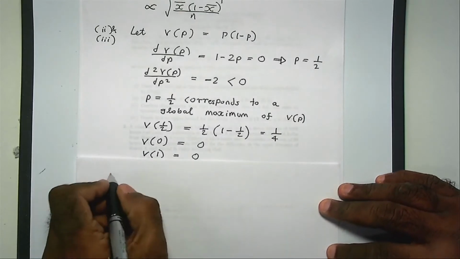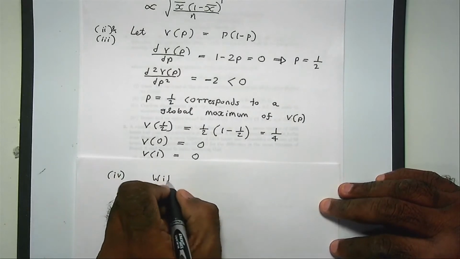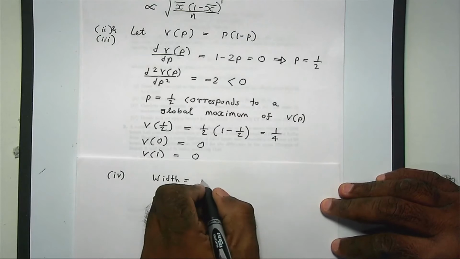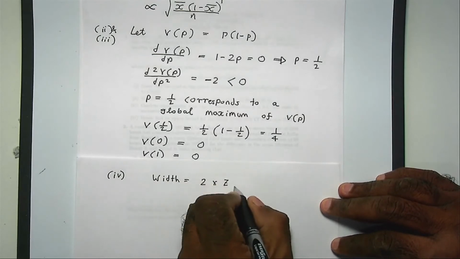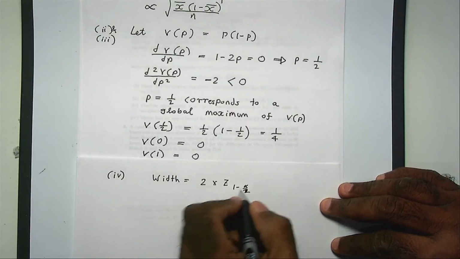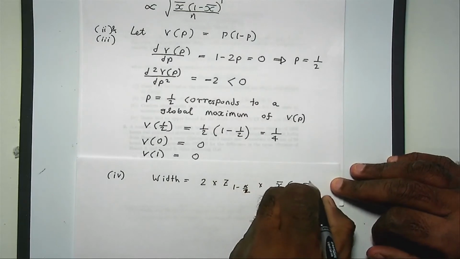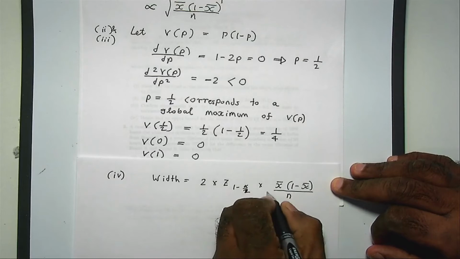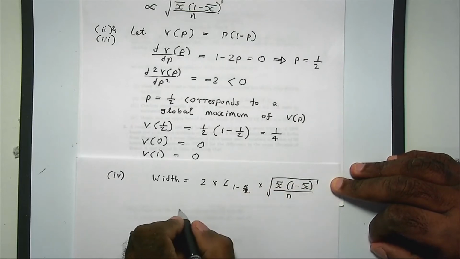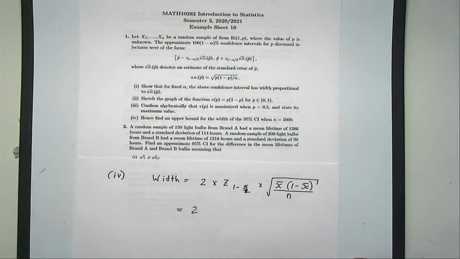Remember the width of the confidence interval, let me write it down one more time. This is the width of the confidence interval, right? So we are looking for 100 times (1 minus alpha) is 95, so your alpha will be